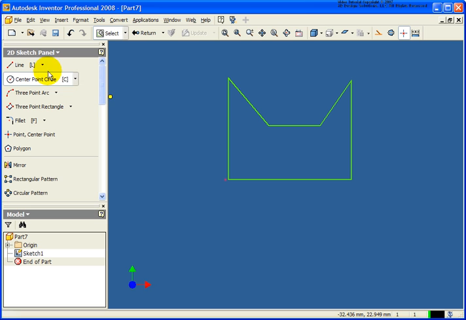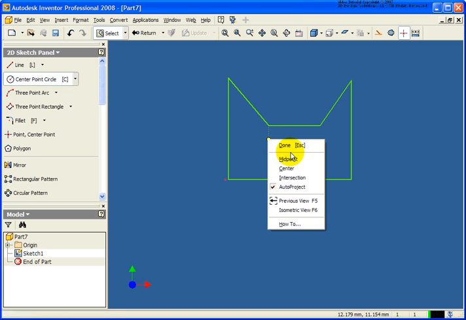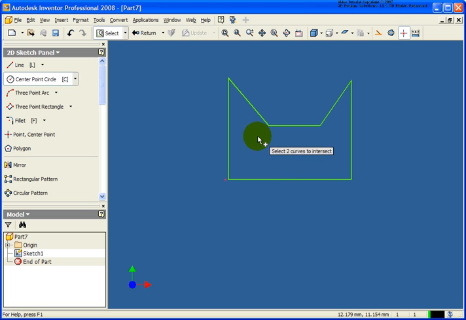So again, after starting up the tool, in this case the circle tool, I'm going to right-click, and I have an option. I can go to a midpoint, center, or intersection. So I'm going to select intersection, and then I'm going to select my two lines. And of course, as you can see, after I have done that, the circle snaps right to the theoretical intersection